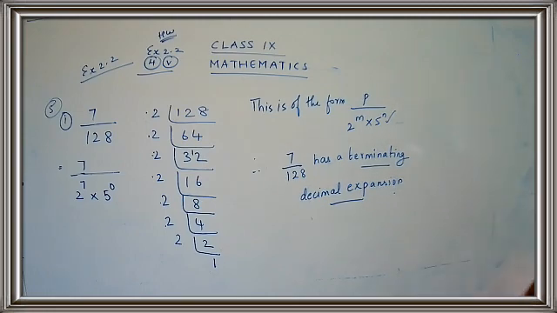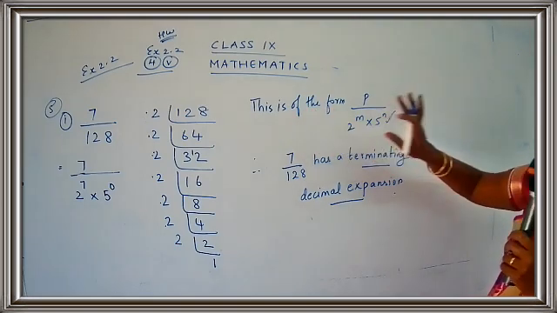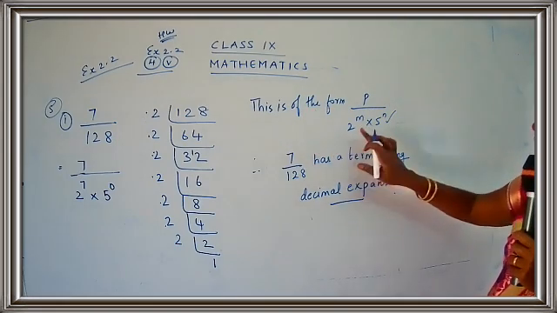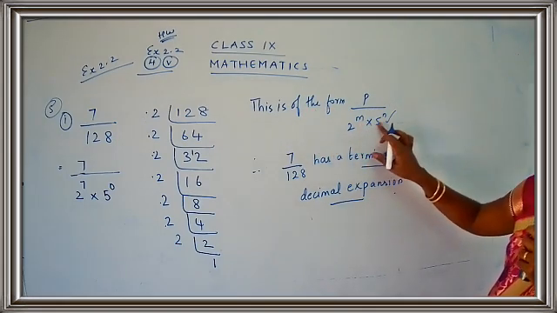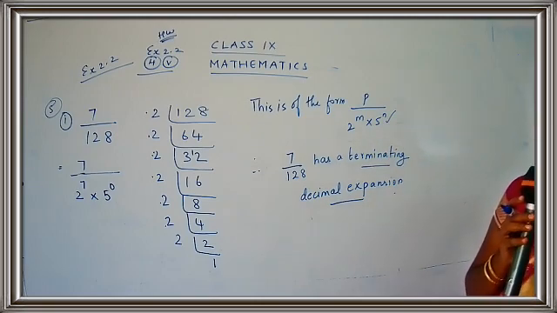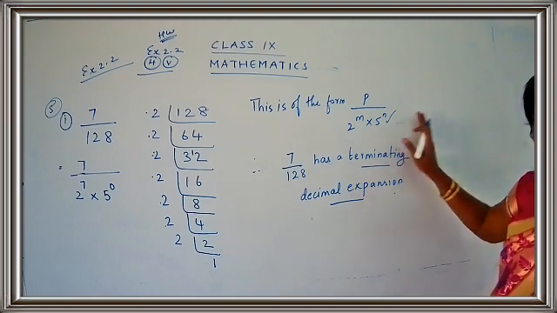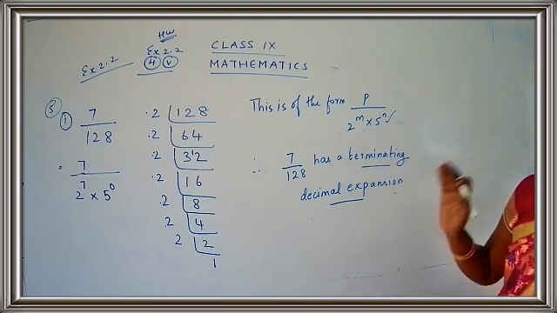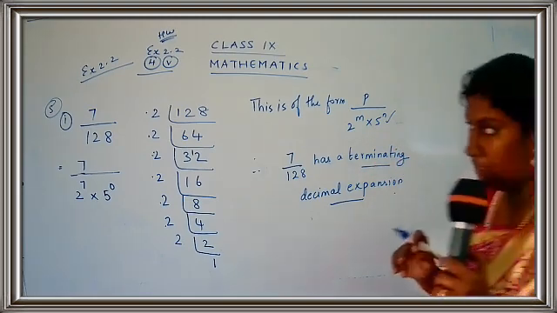Okay, we'll be just doing more sums. We just go on doing more sums, we'll get an idea of what actually this sum is. So remember, you have to get this form. What is the form you have to get? You have to get the form 2 raised to m into 5 raised to n. If you get this form, you can say the number is a terminating decimal expansion. If you are not getting this form, you should say that it is not a terminating decimal expansion.